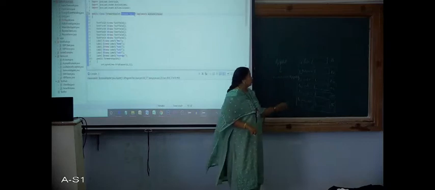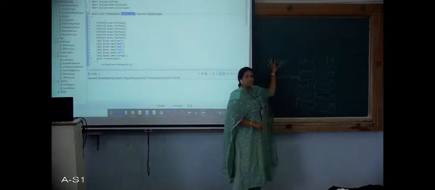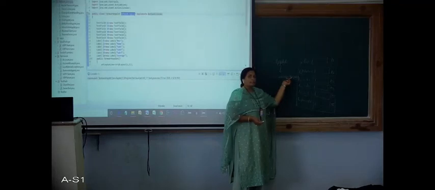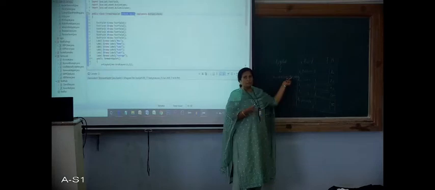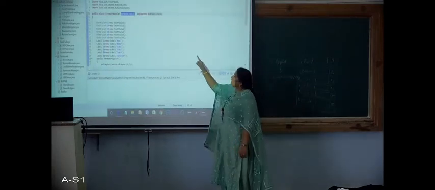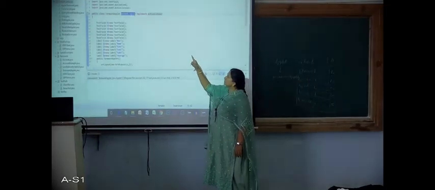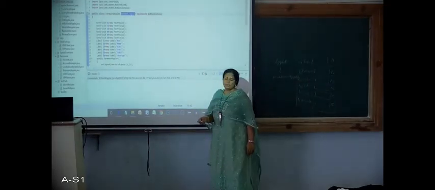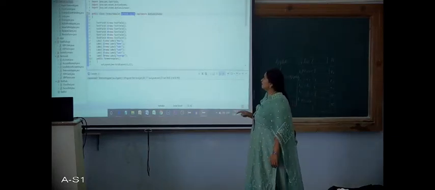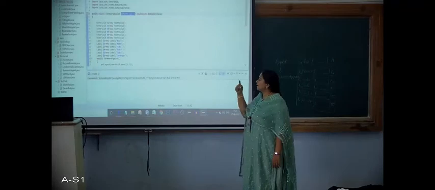Right? So Applet is a built-in class from which I would like to inherit the features in my class TermWorkApplet. So what should be done? We need to use the keyword extends whenever we want to inherit something from an existing class, right? That is the reason I have written it as class TermWorkApplet extends Applet. After that, you can observe there is one more statement that I have written, implements ActionListener.